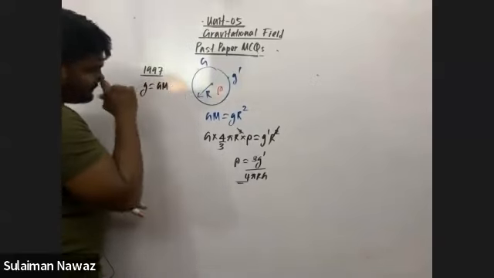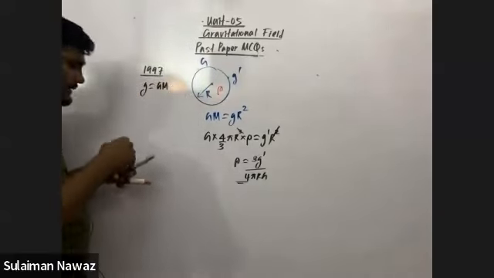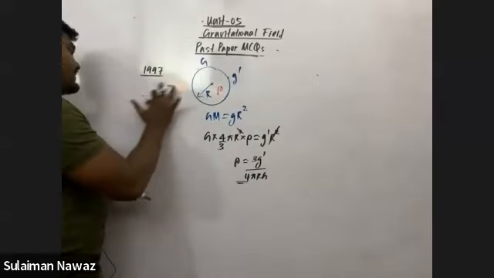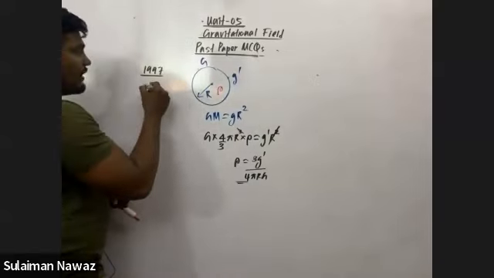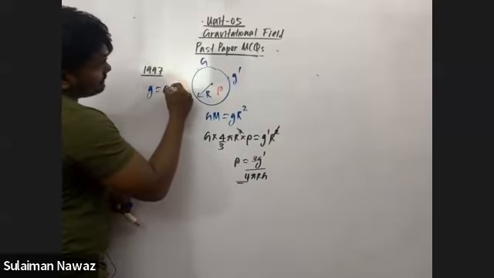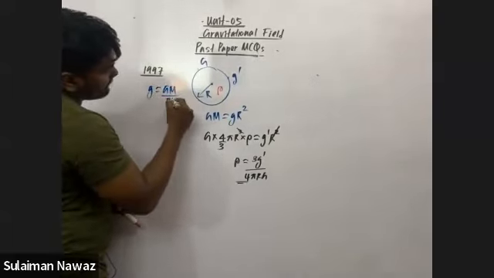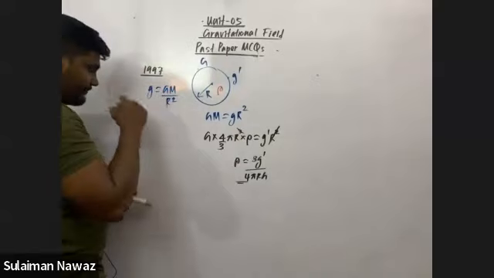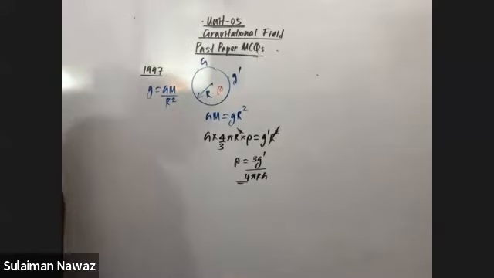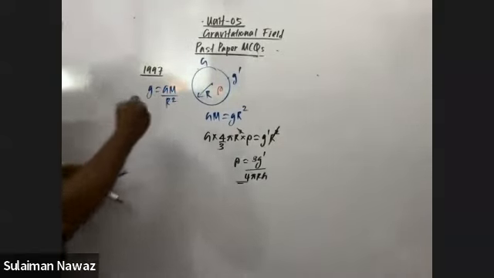G capital M over what? R squared. Gravitational acceleration, if not gravitational intensity, equals what? G capital M over R squared. Okay. Right. Now